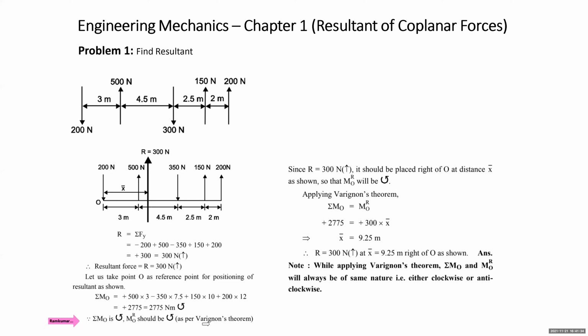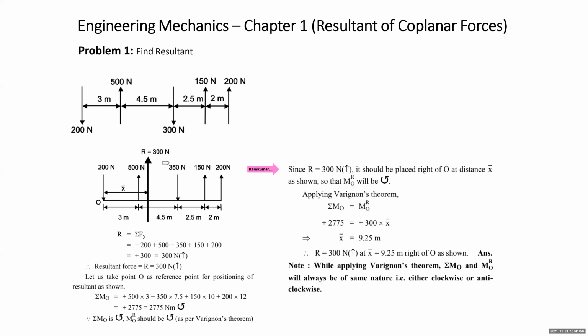How do I apply Varignon's theorem? Sigma MO and MRO have to be the same. So my sigma MO is anti-clockwise, so I have to place the resultant such that it also gives anti-clockwise moment about point O. And this is the use of Varignon's theorem in placement of the resultant. Now we come to this side. Now R is 300 Newton. It should be placed right of O at a distance say x bar as shown in the figure, so that the moment